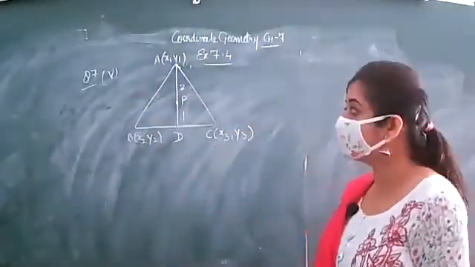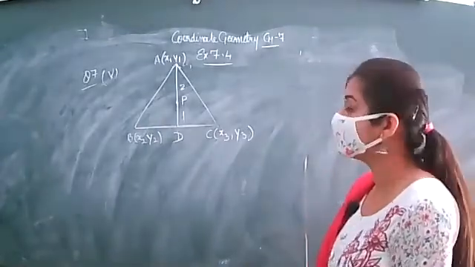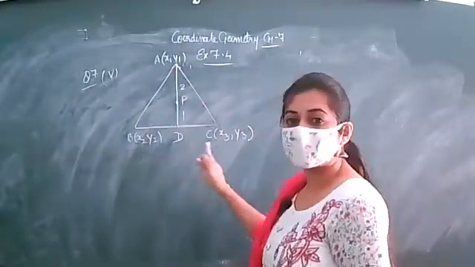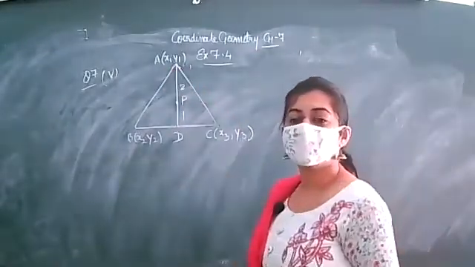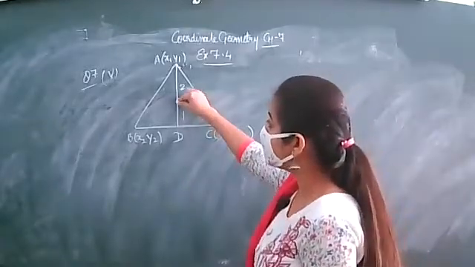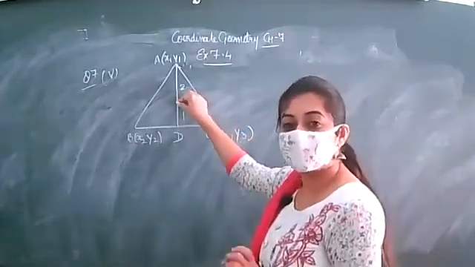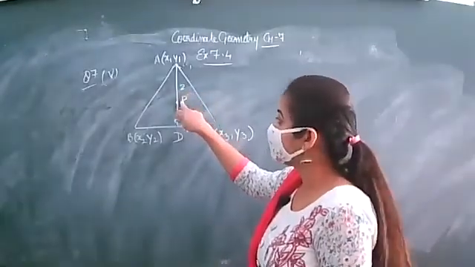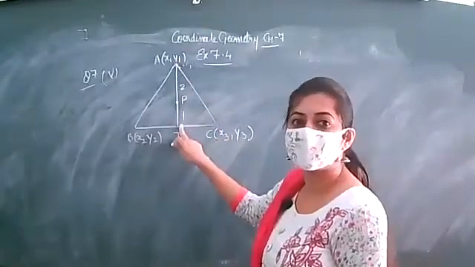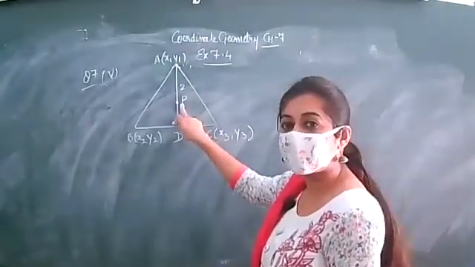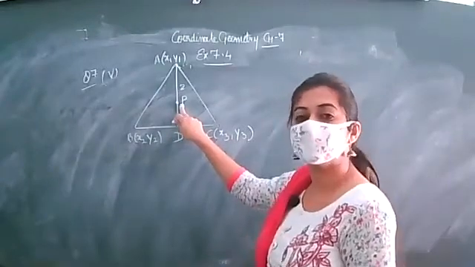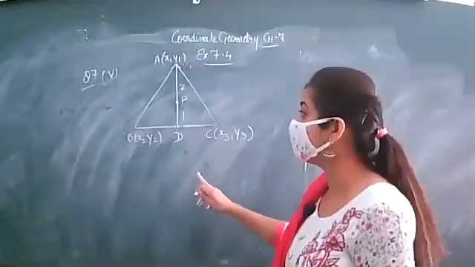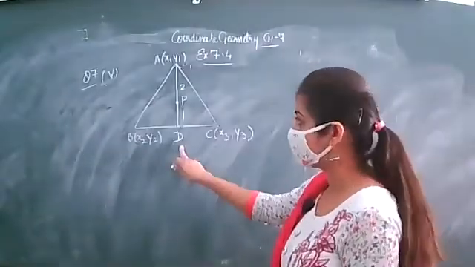Which is the 7th question, 5th part. In the 5th part, you are given a triangle whose vertices are x1, y1, x2, y2, x3, y3. And here in this question, you will find the coordinate of this centroid. Centroid is a point where all the medians intersect each other, and this centroid divides each of the medians in the ratio 2:1. So let's find the coordinate of this point P, that is known as the centroid. For this, let's begin with the same procedure as we have done in the first, second and fourth part of the same question.